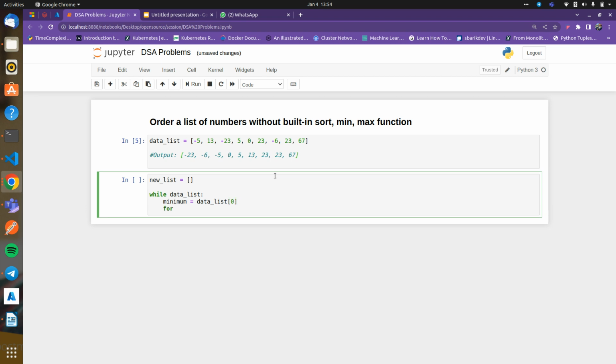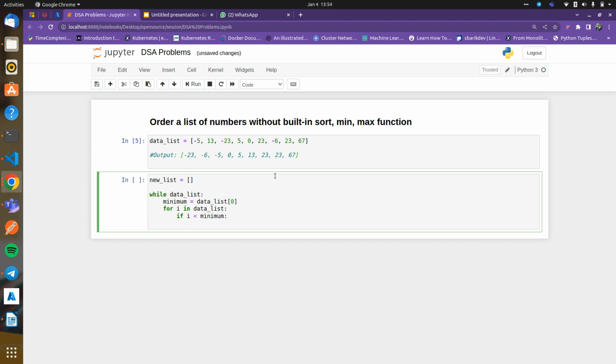Then we have to retrieve the elements, for i in data list. Then, let's say, for i in data list, if i is less than minimum, then minimum equal to i. Okay. In this case, then we have to append, let's say,